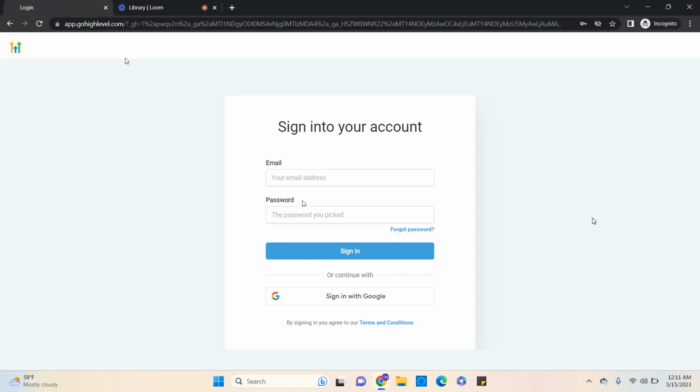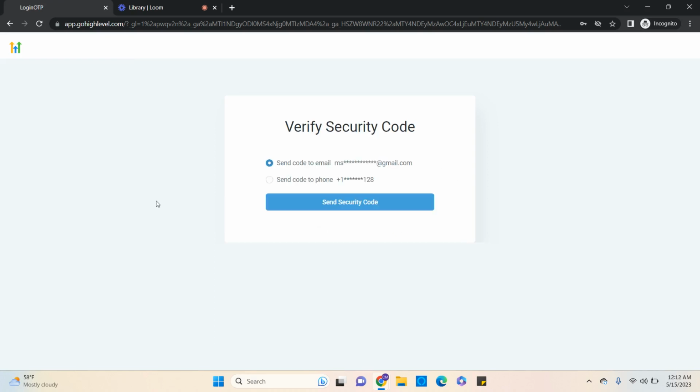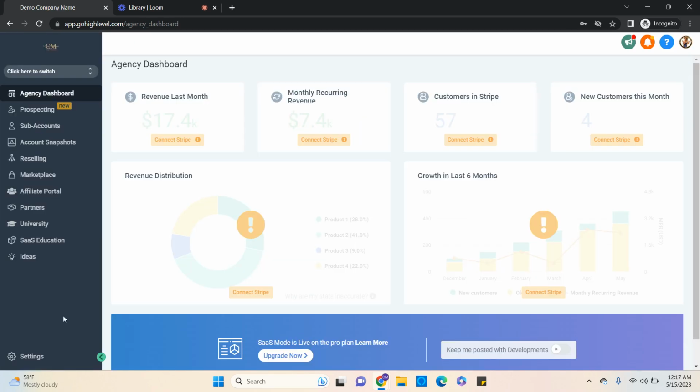So let's start setting up your agency account. You're going to use the email and password that was emailed to you when you first set up your account. Once you log in, it's going to actually verify yourself. You can verify yourself through email or through text message. Now, once you have successfully logged in, it's going to bring you to this page and you're going to scroll